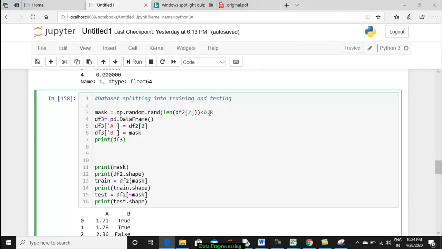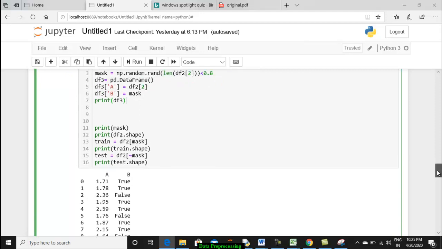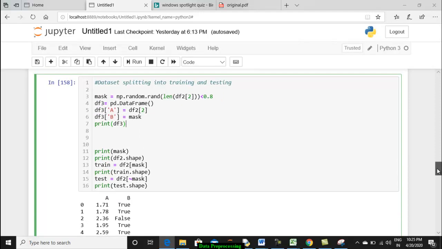Less than 0.8: when the value it generates is less than 0.8, it will be set to true, otherwise it will be set to false.